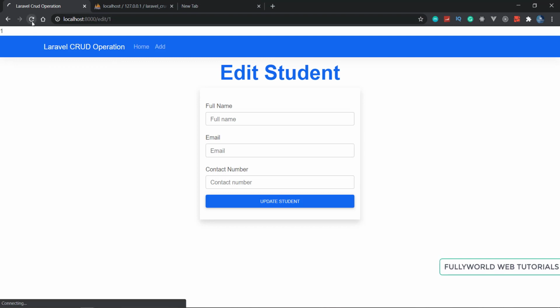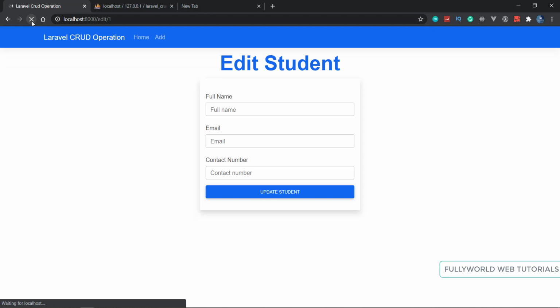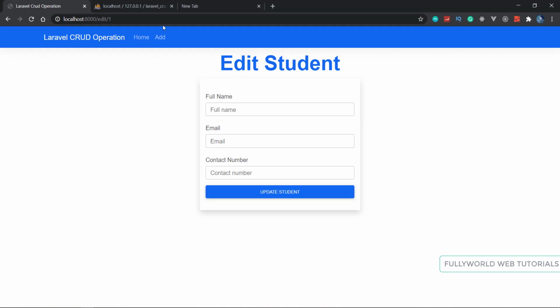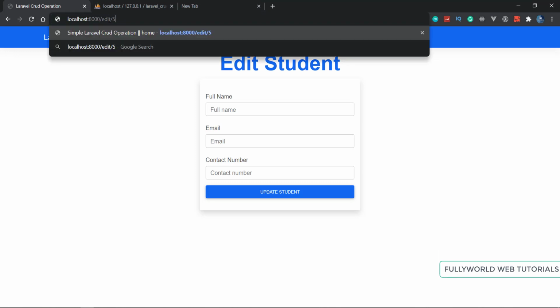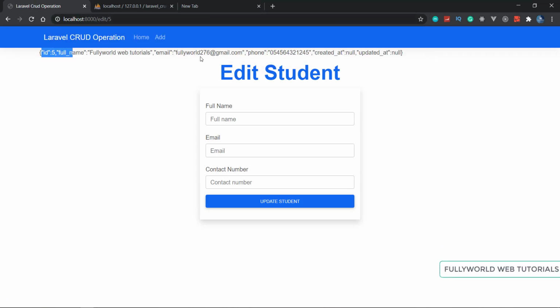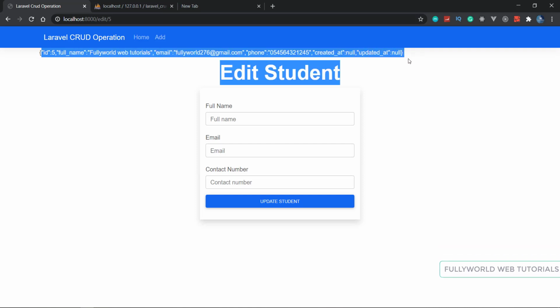I'm going to reload this. See, here we are not getting anything. Now if I write 5, see that if there is a 5, then we are getting our data here.